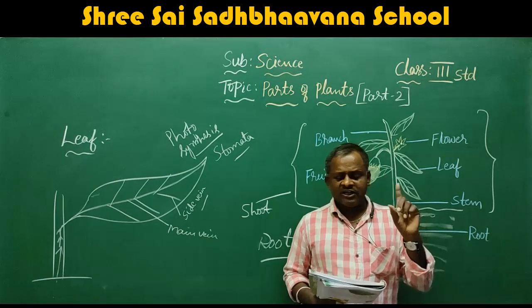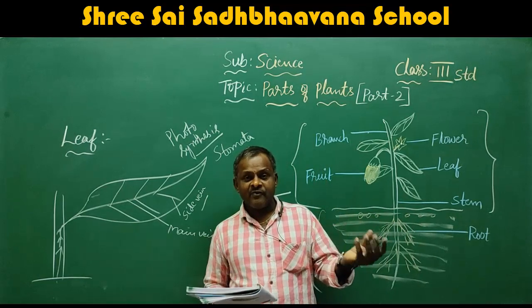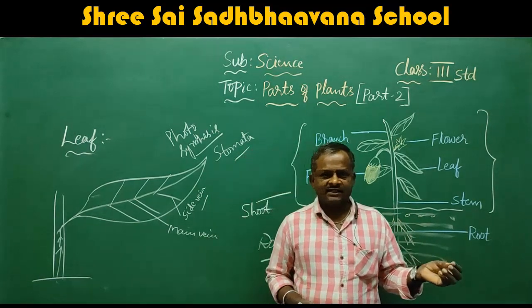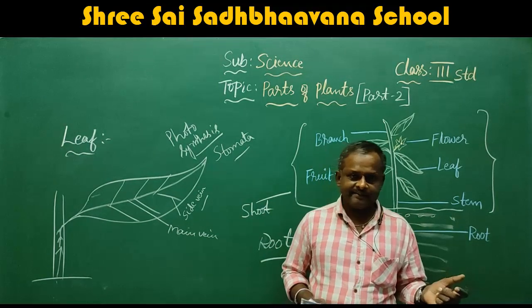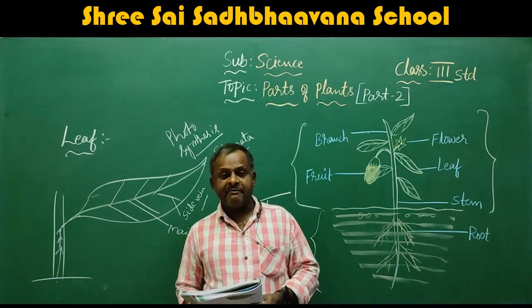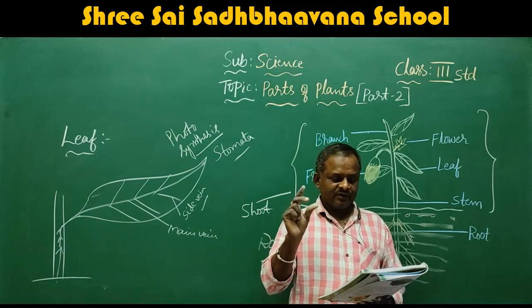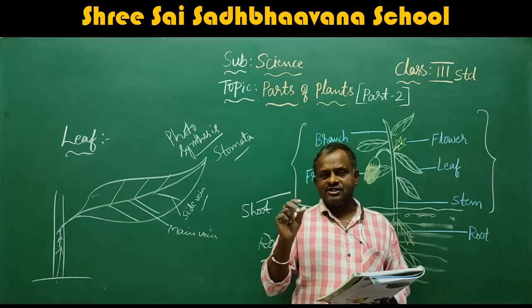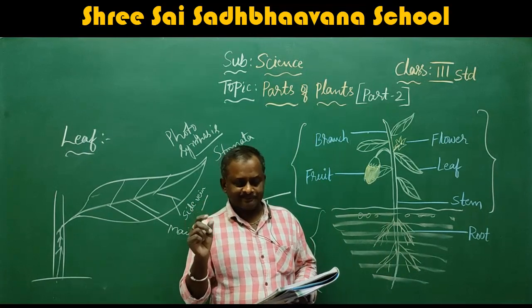Some fruits have only one seed. Some have few seeds, that means 4, 6, 3 like that. While others have many seeds inside them. There is only one seed inside a mango. When you eat a mango, only one seed is there. When you eat an orange or apple, few seeds are there, that means 4 or 6 like that.